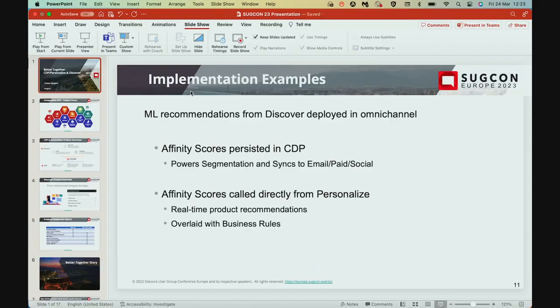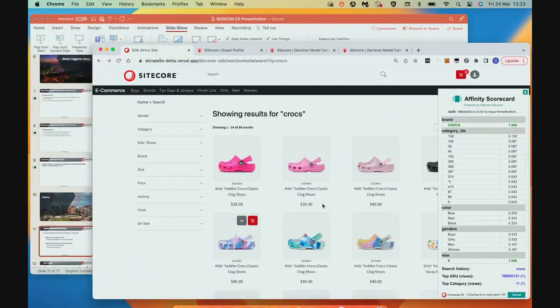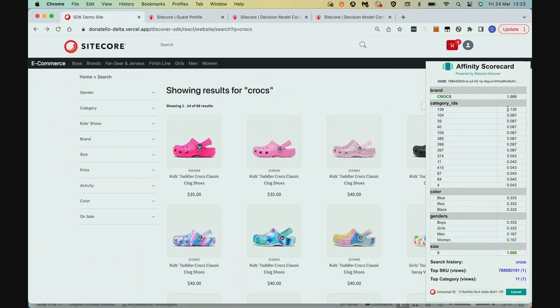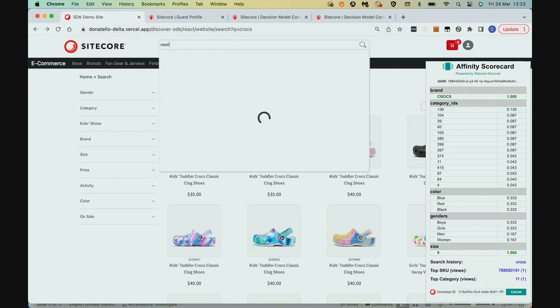So if I jump into Chrome here, we can see we have a little demo website here in terms of retail. There's this lovely little plugin that my colleague Chris Janning created here in terms of showing in real time the affinity scores that are being processed as people browse the website. So for instance, we can see I'm looking at Crocs, that's the highest propensity, and those different colors. But if I, in real time, start changing things to, let's say, red Nike shoes,